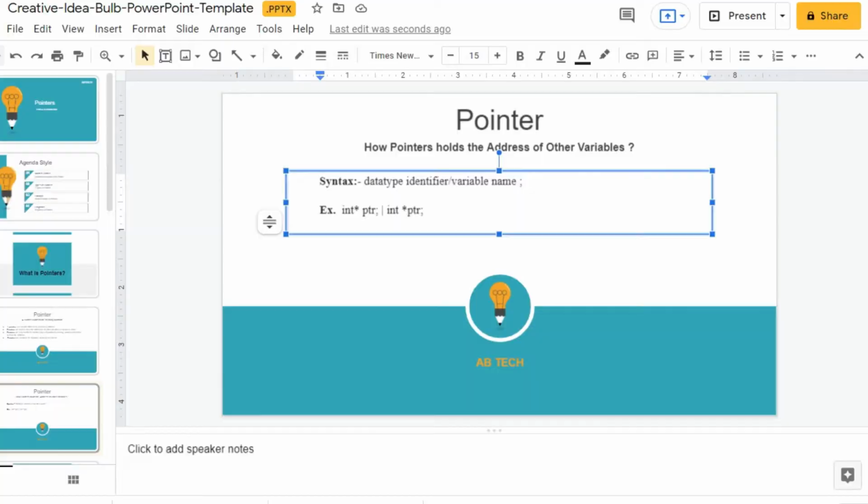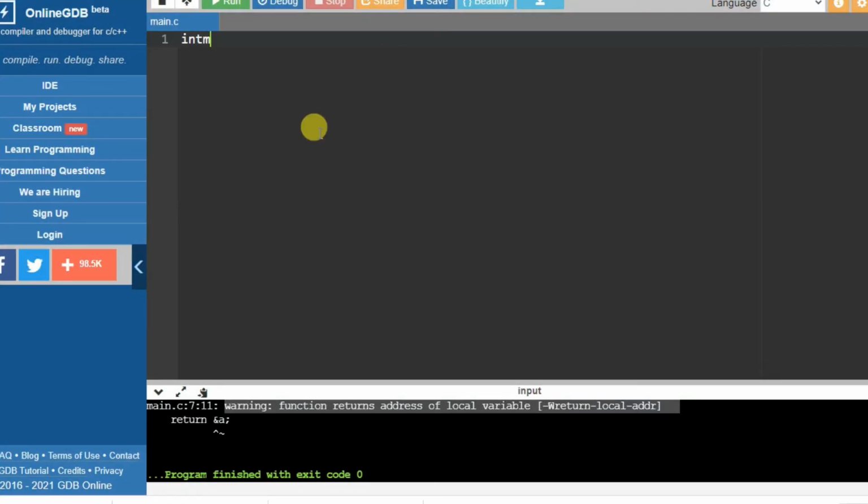Okay, so now let's see a simple program and try to understand how to declare the pointer. So here I am creating the integer main function, and here I am declaring int star ptr. So this is one way of declaring the pointer. I have already told you another way of declaring the pointer. So here we can write like this. Both the declarations are valid. So let's say this is pointer 1 and this is pointer 2. Only the asterisk sign is at a different location. Okay, so this is how you declare the pointer.